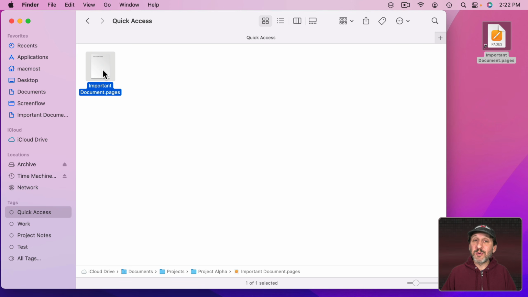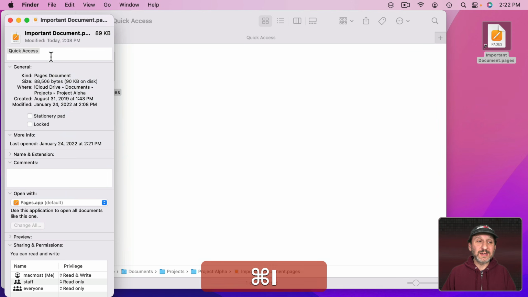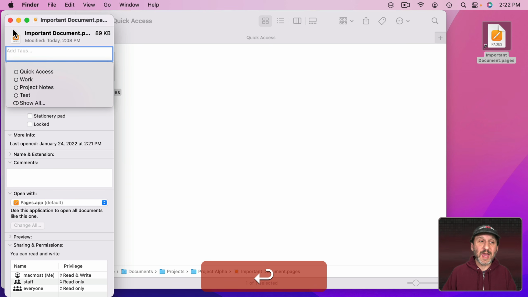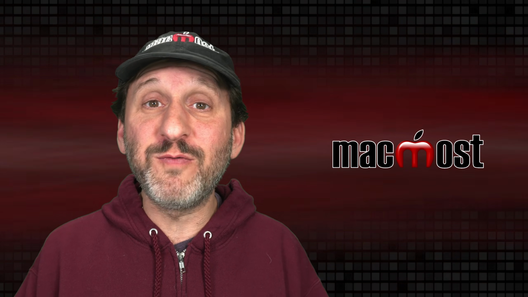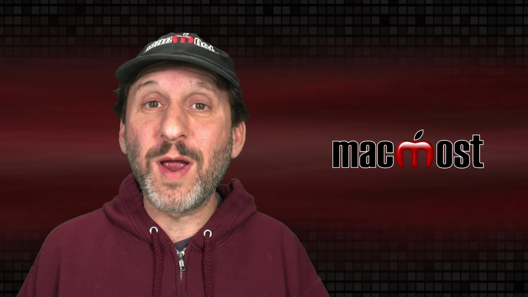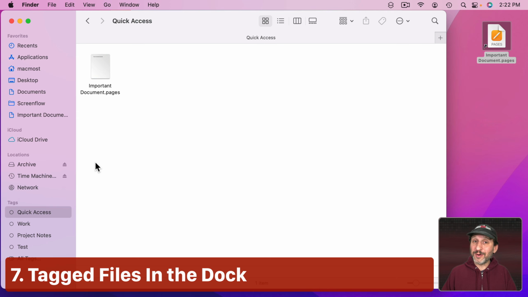Plus, anytime you want to remove a file, all you need to do is select it and remove the Quick Access tag. And that will remove it here, so it's easy to add files and remove files without moving them from where they are. Now if you want to make it a little bit quicker, what you could do is